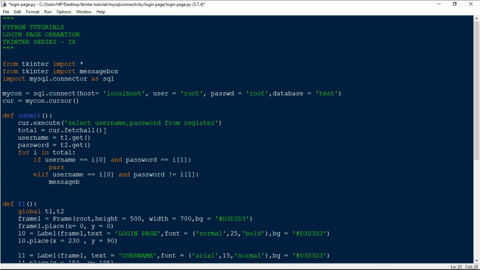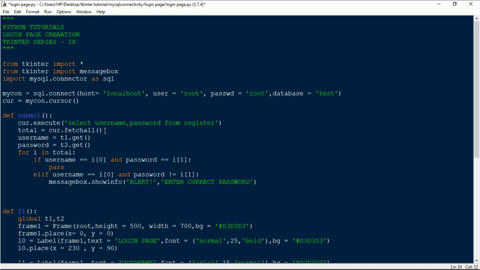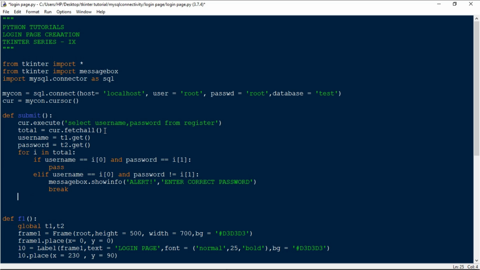So messagebox.showinfo of alert, and that is going to be enter correct password. Yeah. And we are going to break out of the loop,